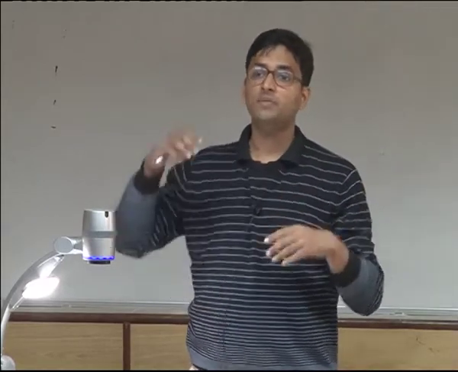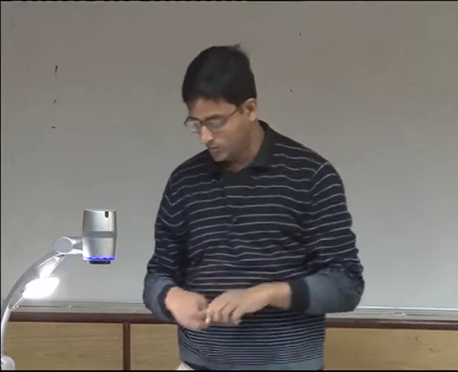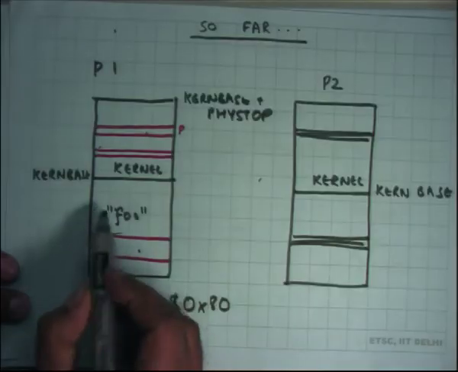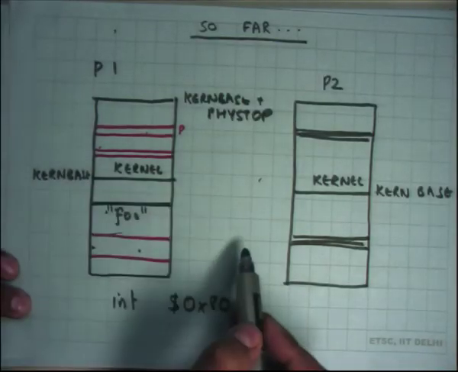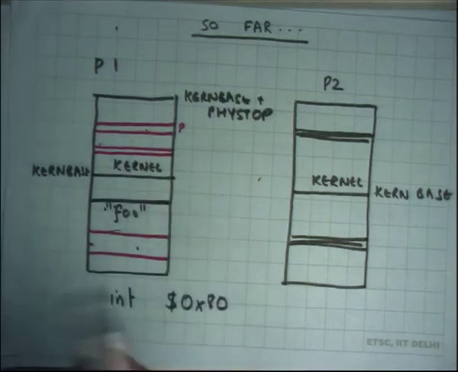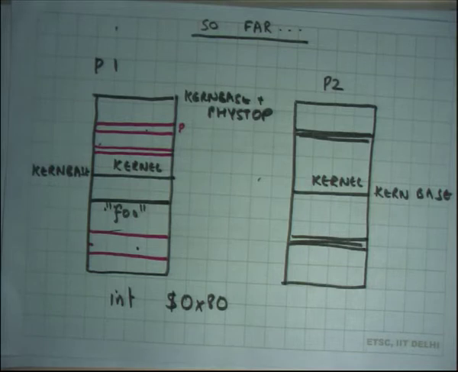Also, you can map the same page. A user process could very well say, I want these two addresses to map to the same physical page. So you can have aliasing. Although it's not very useful to have two virtual addresses pointing to the same physical address in user space itself, it's possible to do that. So, to answer your question, it's possible for the virtual address space to be bigger than the physical address space.